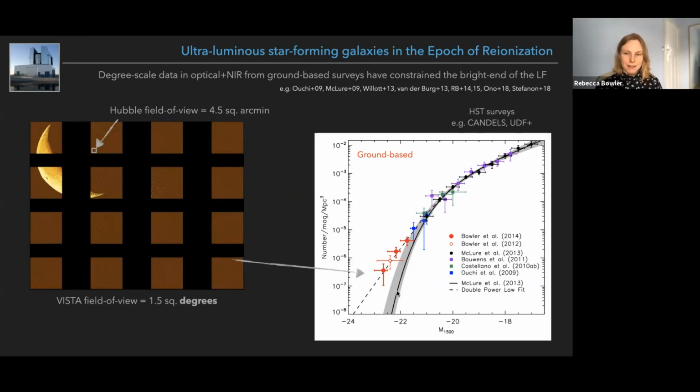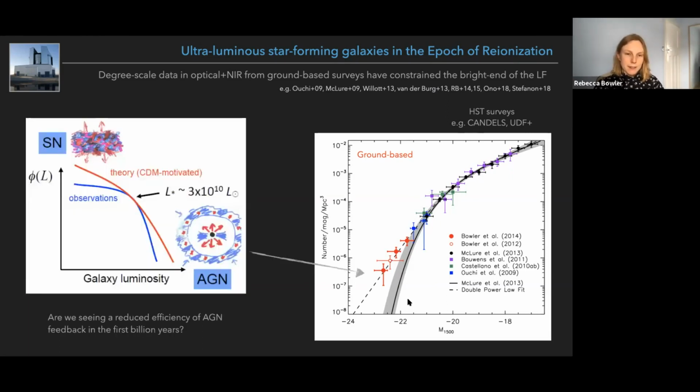And what this would have meant, in these papers I wrote during my PhD, is that I would have found maybe one galaxy or maybe no galaxies. That's what this prediction translates to in terms of what we would find in this data. But what we actually found was around 10, and that's why you see that it's in excess of the prediction. So this was really exciting at the time, these new results that weren't what we were expecting.